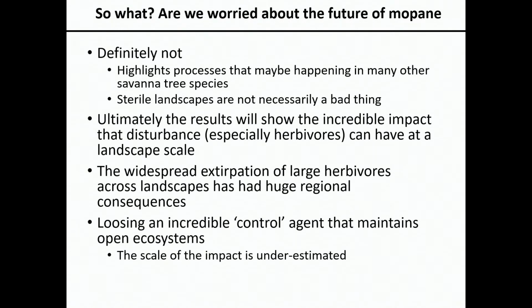We know that mega herbivores are really important in the structure and biomass of vegetation, and that can be important in reducing woody encroachment. But I think they also have a really important role in acting as an absolute filter in the presence and absence of plants. And I think understanding the role of mega herbivores, actually in understanding species distributions, is an underestimated or unexplored avenue. And I feel like we really have underestimated the scale of this widespread removal of mega herbivores across Africa. And I think I will stop there.